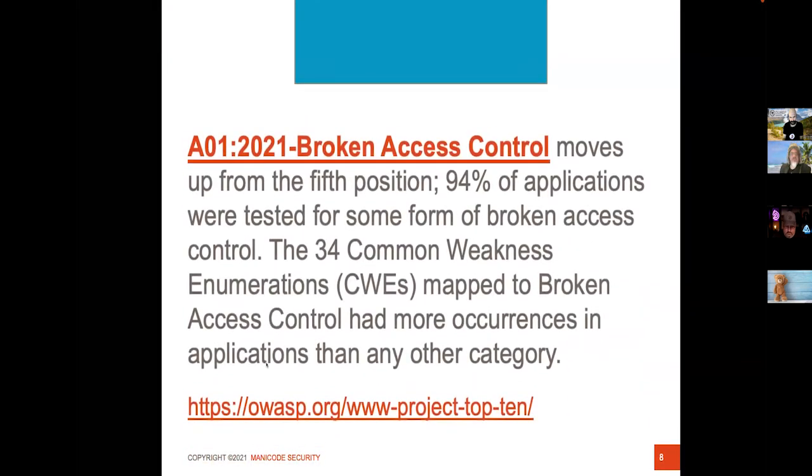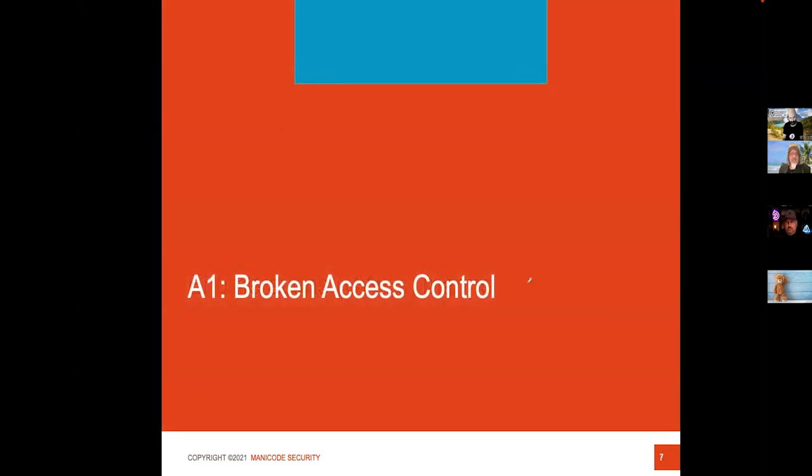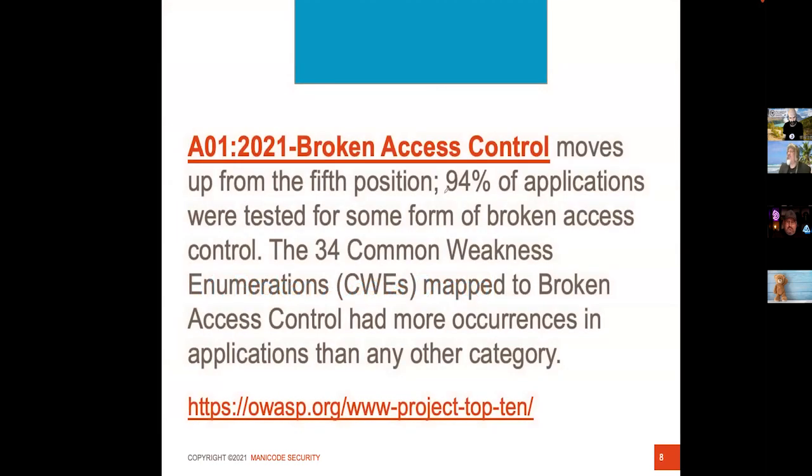So A1 is access control. I love this. This is a great choice. Now, wait a second. Access control showed up in the early 70s. Saltzer and Schroeder, early white papers, principle of least privilege. The 70s, big collars, flashy shirts and big hair. This is when we first really started talking about access control in depth. And with access control, we see 94% of apps have some kind of broken access control, and 34 of the common weakness enumeration categories all map to access control as well. This is why it's number one, because it's the biggest problem in information security in general. And I agree with that.